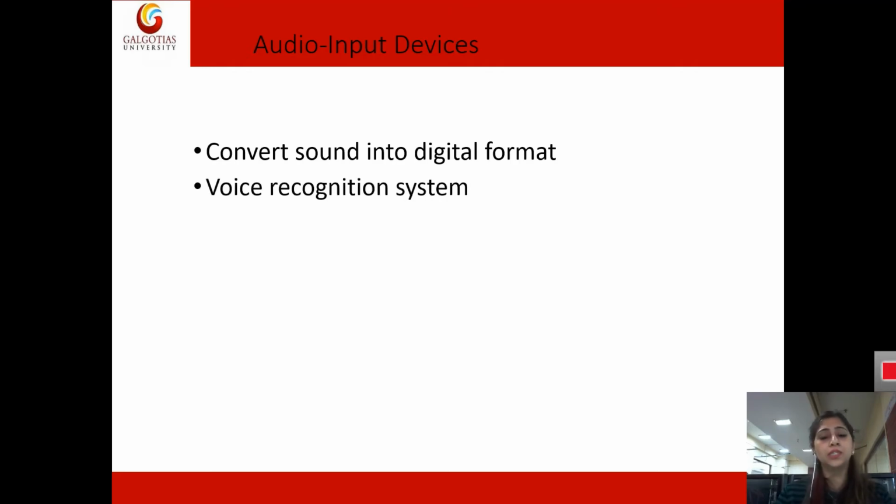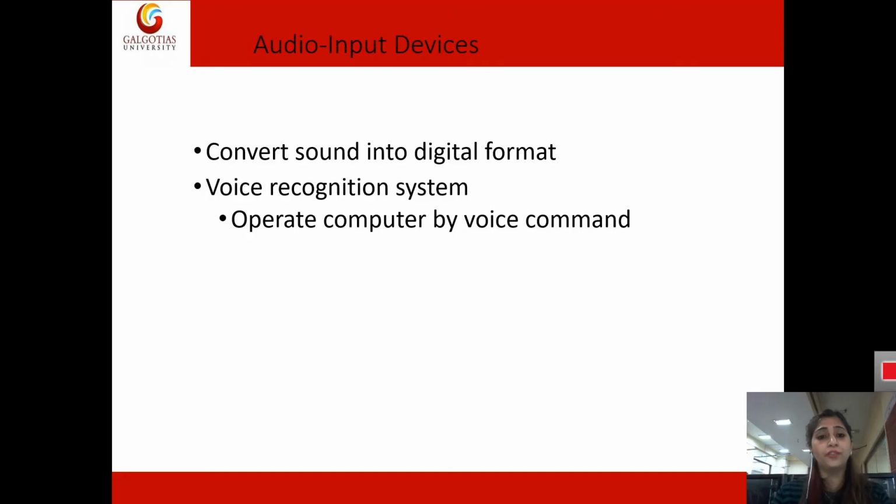So this is mainly used in voice recognition systems. Voice recognition systems have a special way of recognizing the voice, and the computer operates on the voice commands that we provide.